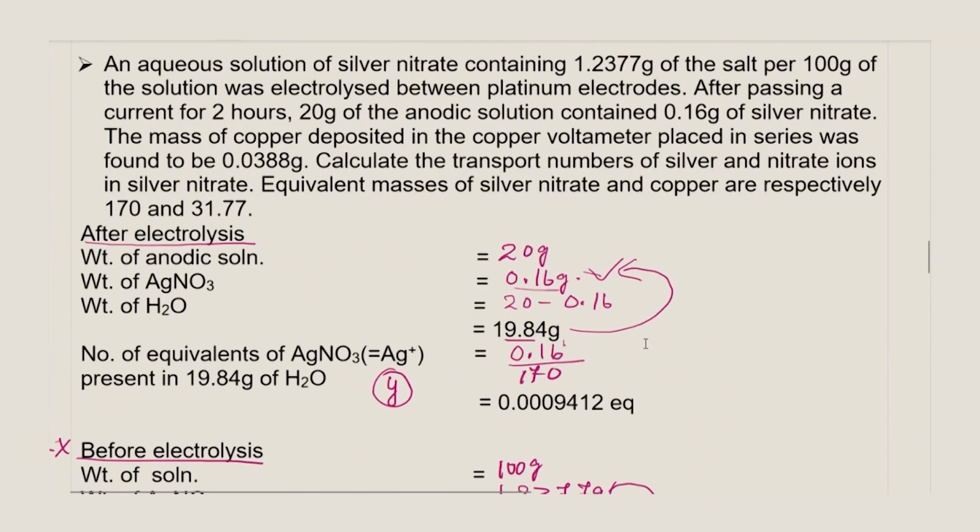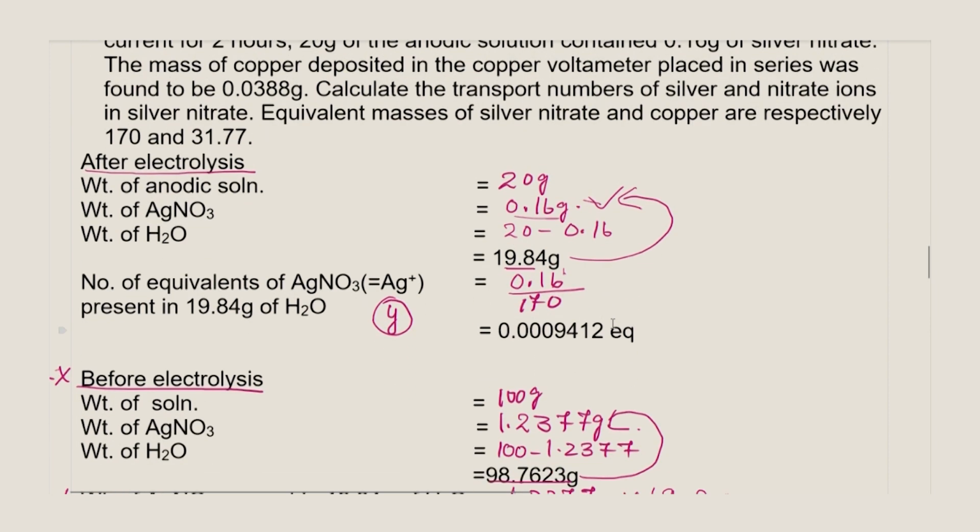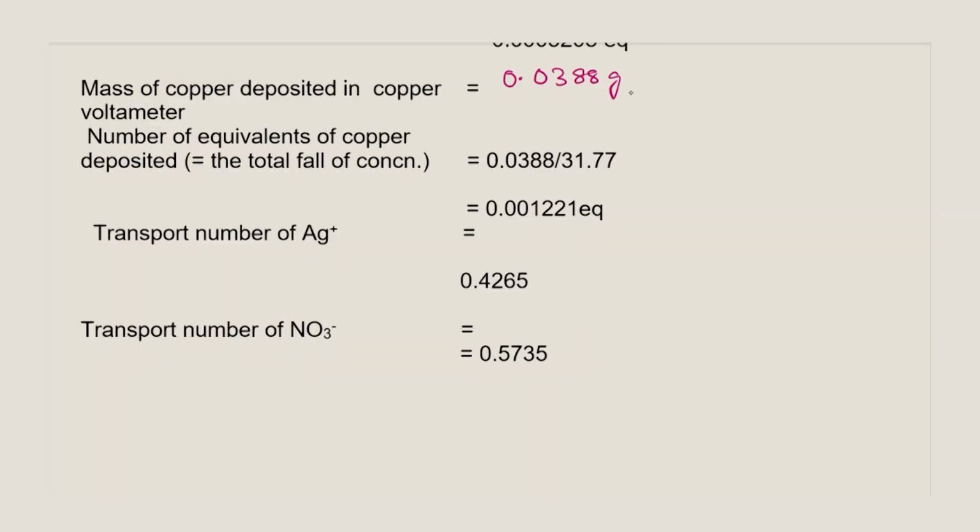And mass of copper deposited in copper voltammeter was found to be 0.0388 grams. Number of equivalents of copper deposited will be equal to total fall in concentration, and that is equal to mass of copper deposited divided by the equivalent mass of copper, which is equal to